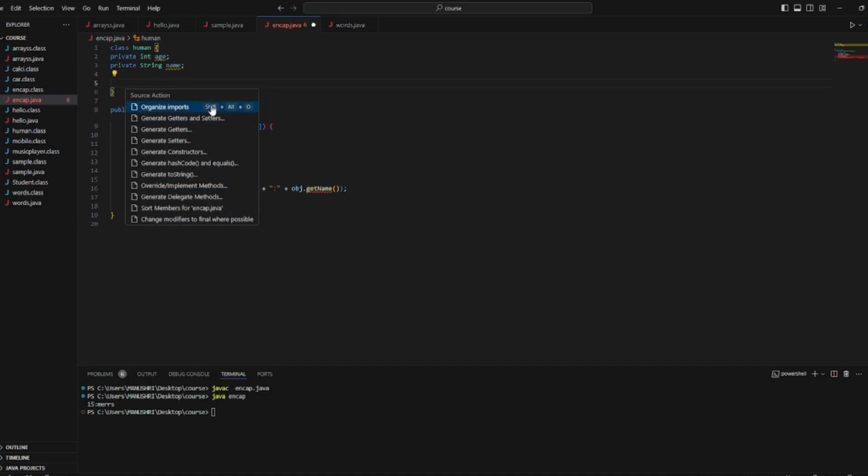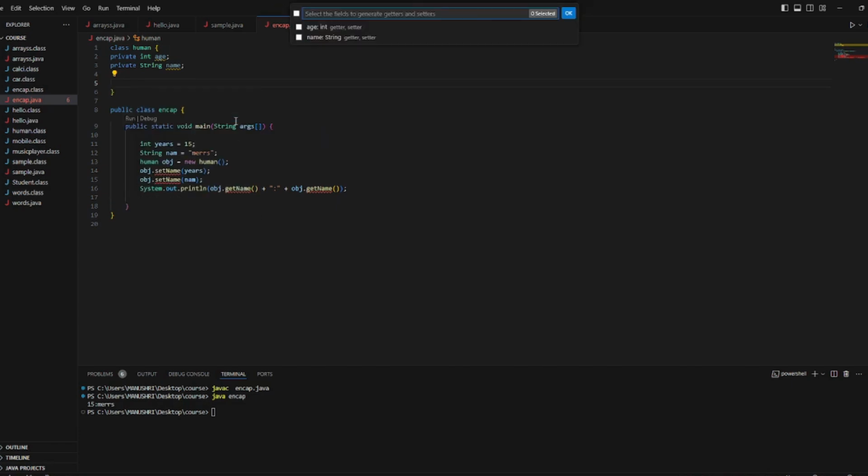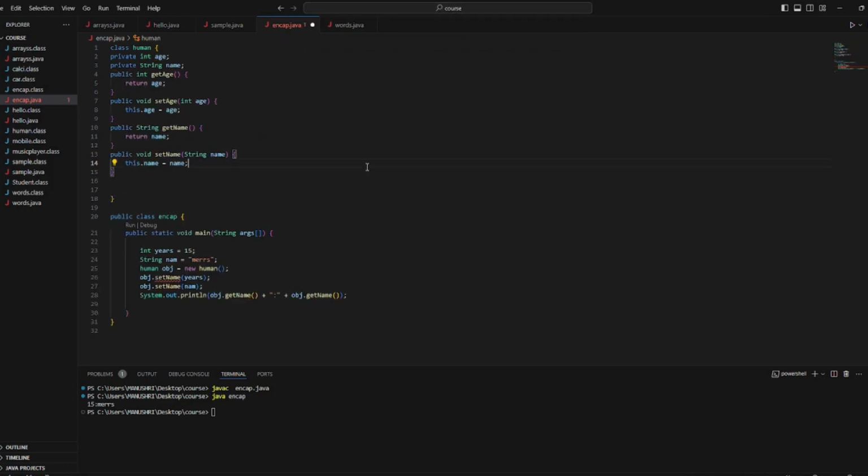In this source action you'll have many different actions. If we need getters and setters, we select it, and it asks us for the options. We can generate it for anything we need. I'm generating it for both age and name.